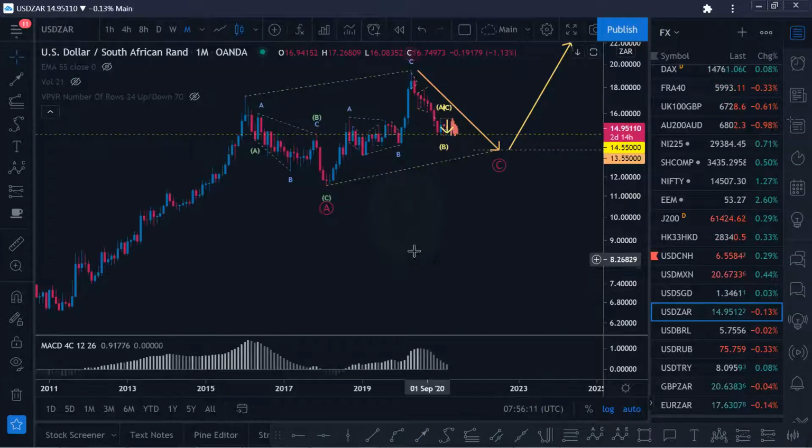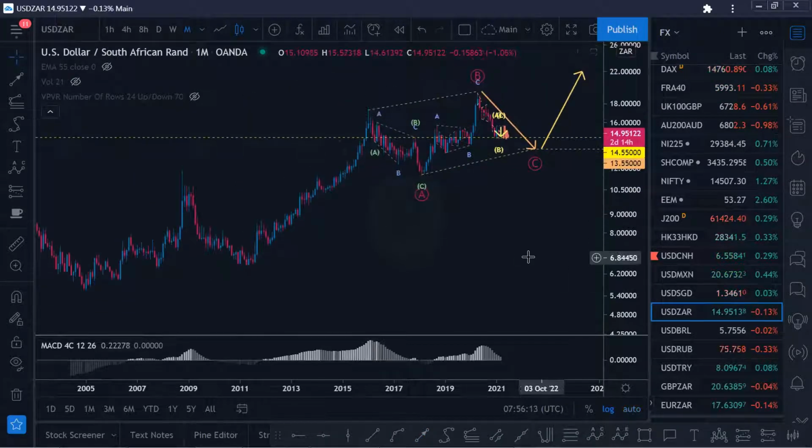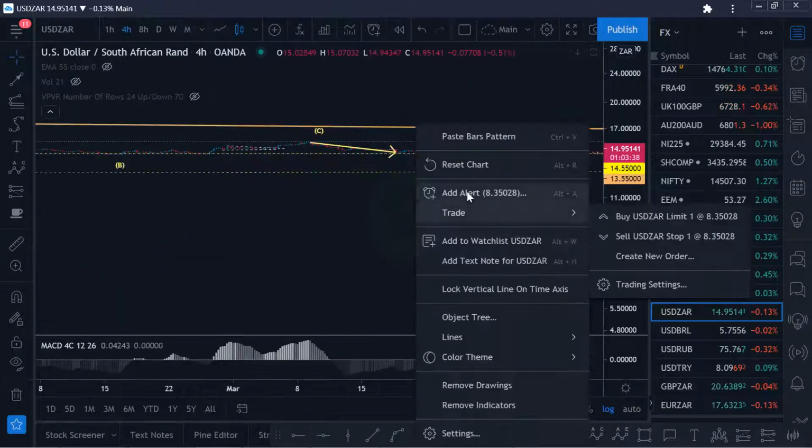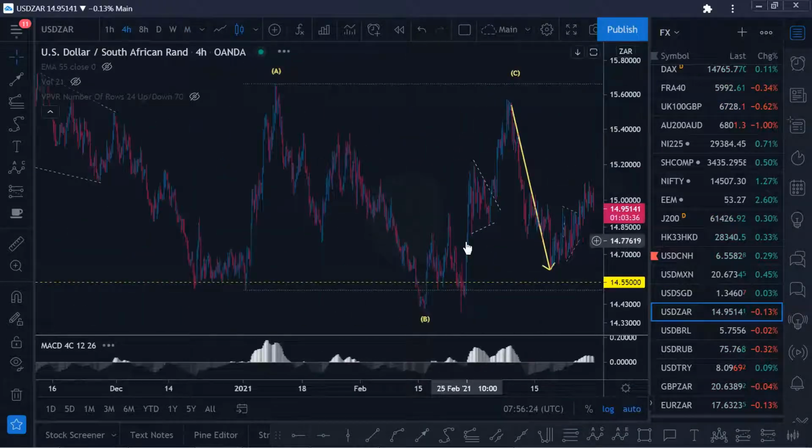US dollar ZAR is a little bit different. Higher time frame still looks good. We have this nice impulse, ABC correction, flirting with a very key area, and it looks like we're going to take off to 24. Lower time frames, however, show a little bit of resiliency in the ZAR in comparison to